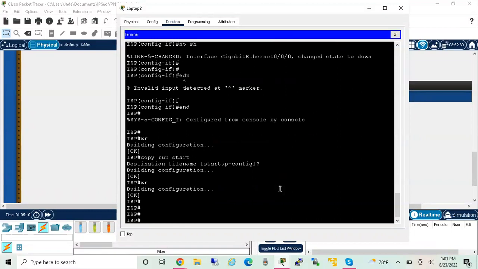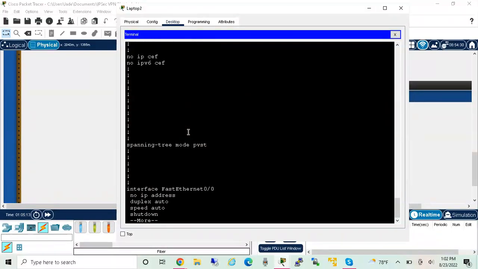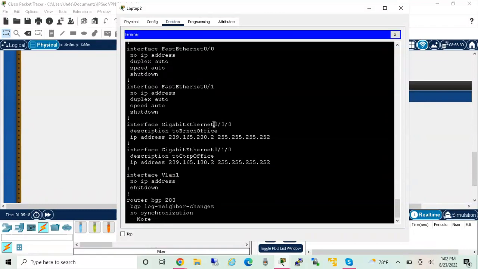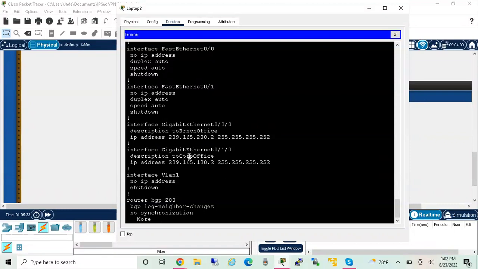So now I want to show run. We have a host name, IP. We have our interface G000 with a description of two branch office, IP address of 209.165.200.225, 255.255.255.252, slash 30 subnet mask, interface G010. Description is to corp office. I just had to fix that to two. I fixed this. So now we have IP address